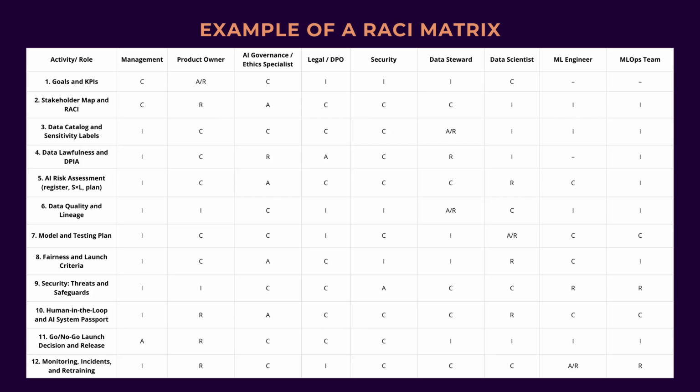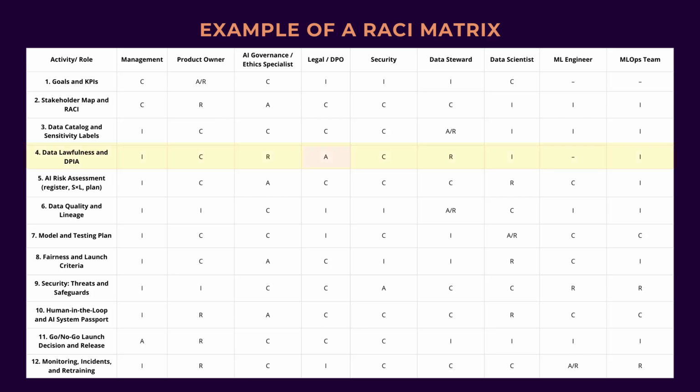Here's how to read the table. Choose an activity row and find the single A. Final accountability is concentrated there. Look at R. Those roles do the work and report to A. C, who must be involved before execution. I, who we keep in the loop after results. Note the AI governance checkpoints embedded in this matrix, the stakeholder map. Data protection impact assessment, legal basis for data use, quality and fairness tests. And the go-live decision. Accountability is distributed to prevent legal and ethical risks before release.